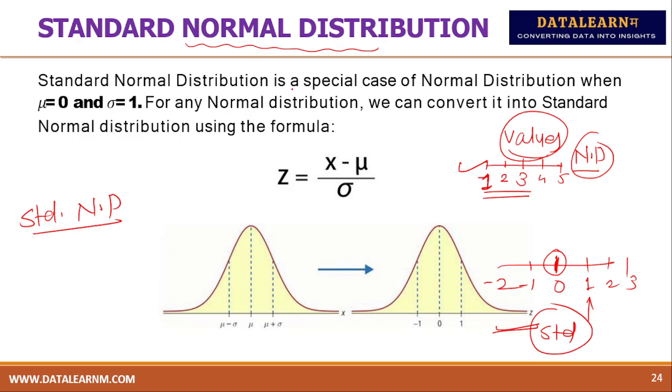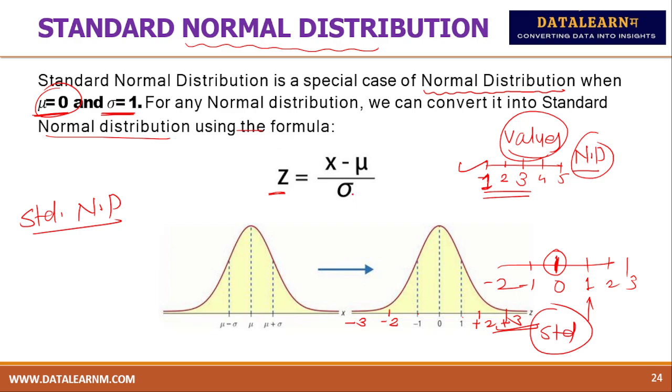So standard normal distribution is a special case of a normal distribution when mu is equal to 0, the mean is 0, and sigma is equal to 1. Sigma is equal to 1, minus 1, plus 1. If you are moving on that, like 2 sigma, that will be minus 2, minus 3, plus 2, plus 3. So for any normal distribution, we can convert it into the standard normal distribution by using the formula